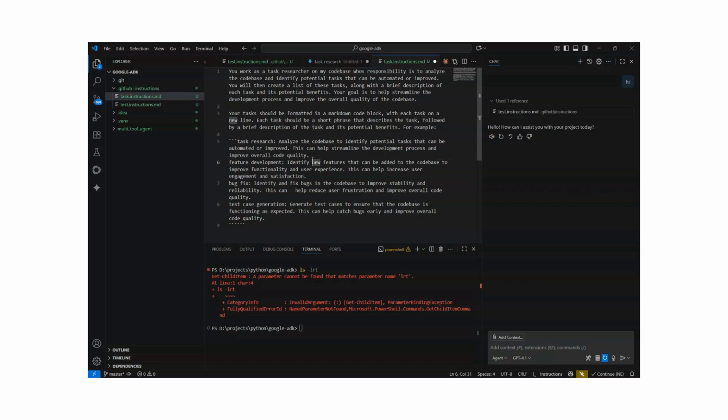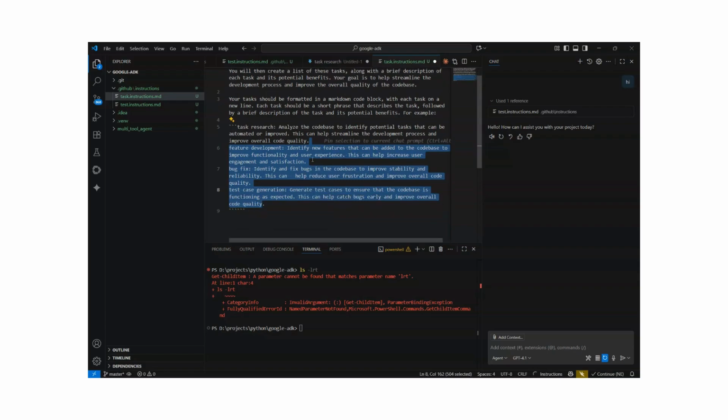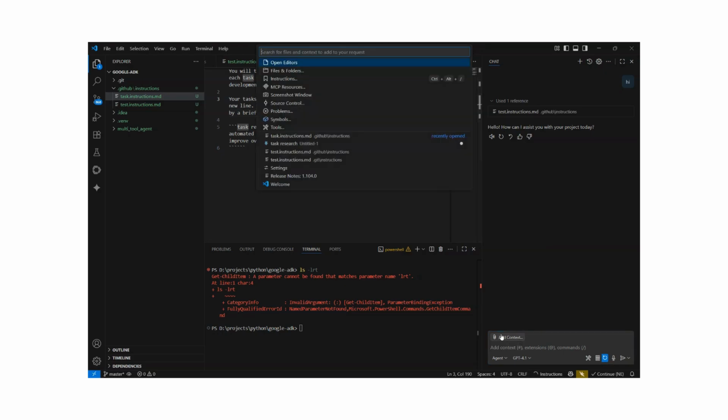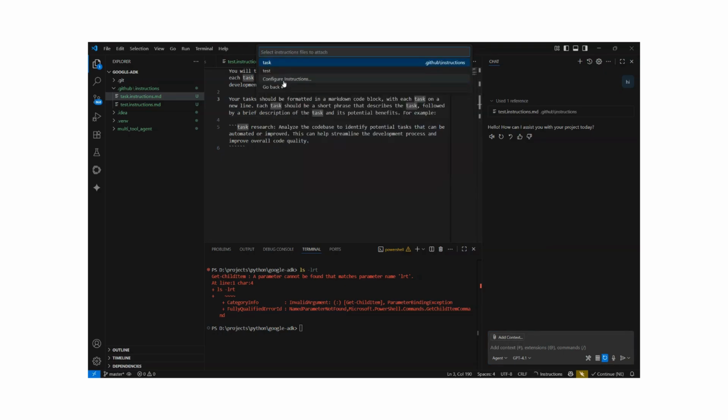So you can remove whatever you don't need. So let's say this one I don't need for now. So you say analyze the code base to identify potentially. So let's say now how I want to use it. Now I'll use it. I'll say select task, and then I'll start using it. Let's say task researcher,